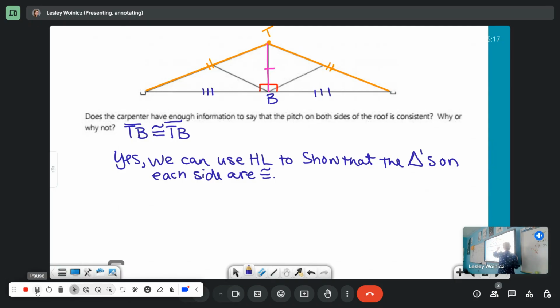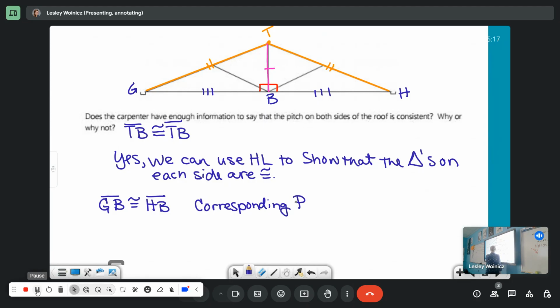So we're going to say, can I call this G and H? So we are going to say that GB is congruent to HB because of corresponding parts